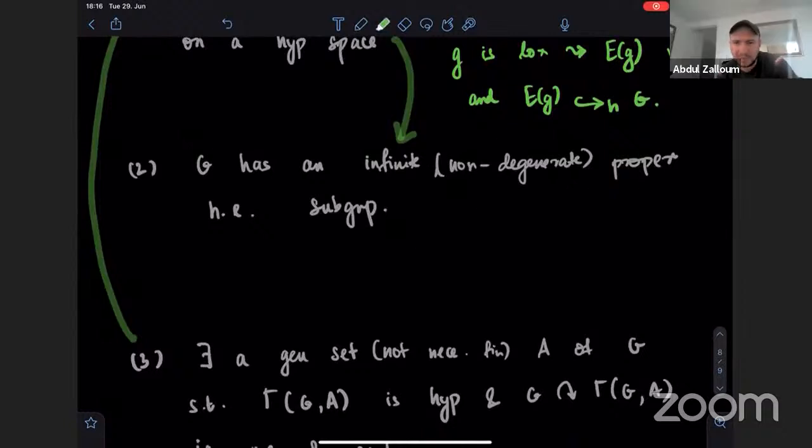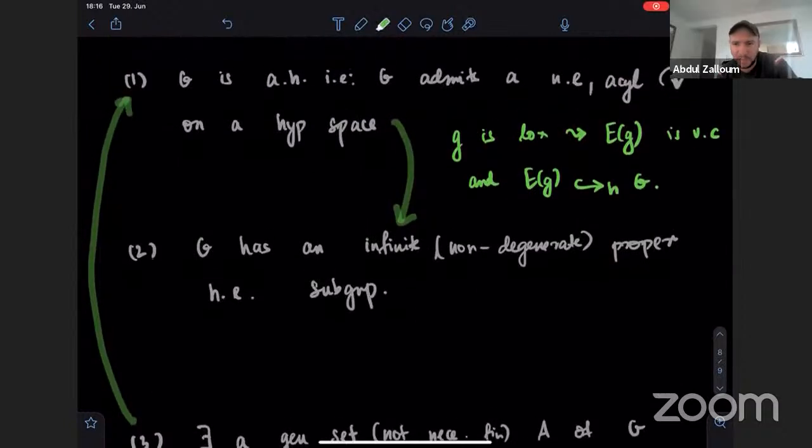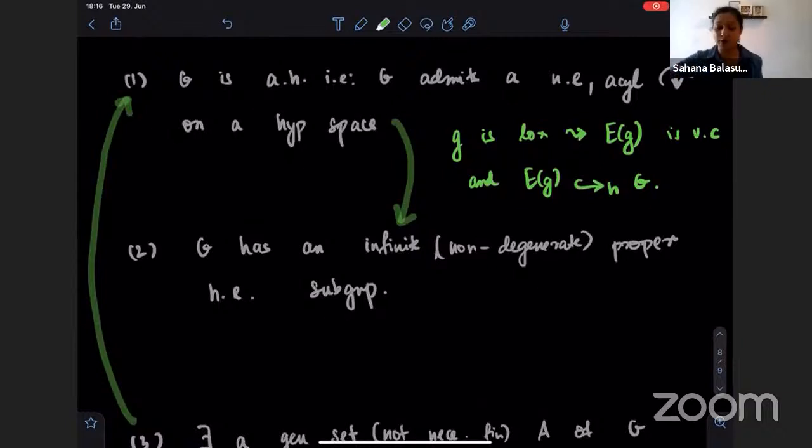Did you define what it means to be elementary cyclic? No. Sorry, like elementary subgroup. No, I haven't defined what it is, but if you want to know what it is, so associated to this